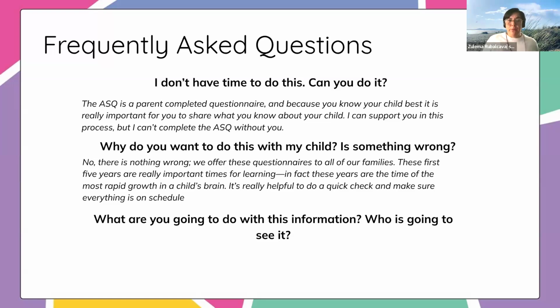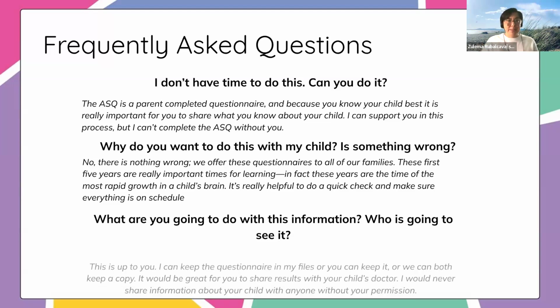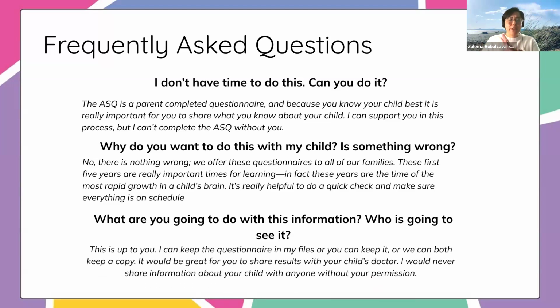So this is also a really important question to preload, I would say, in your introduction, especially right now. For some families, there's a lot of concerns around being identified or being in systems, or having information shared across systems. So we really want to be as transparent as possible, right? For the most part, there are very little requirements around developmental screenings and who you share that with, right?